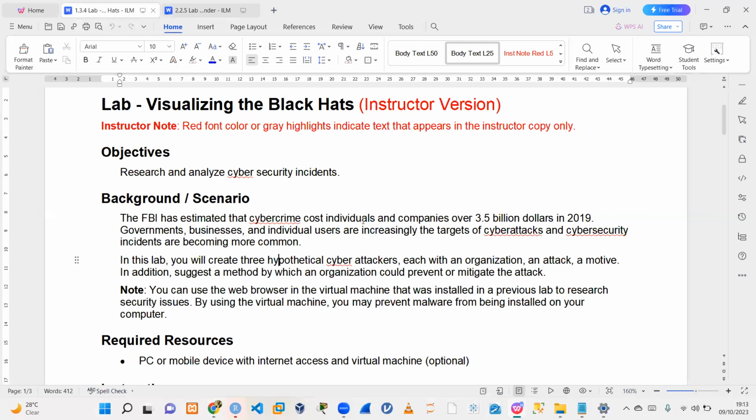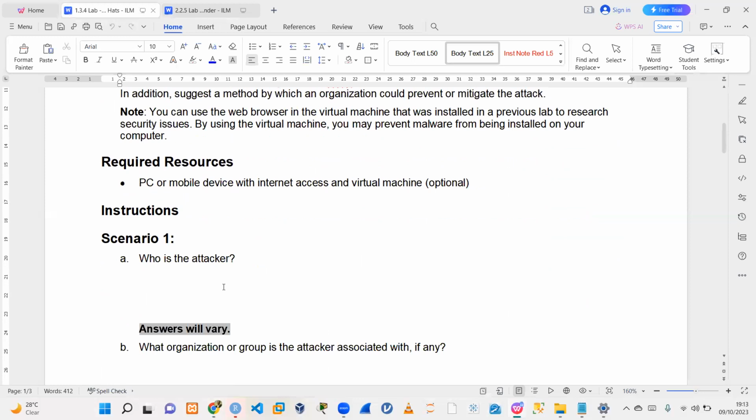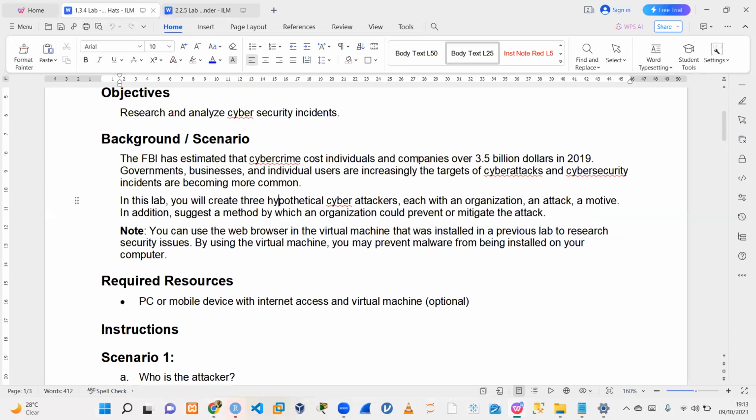What is the lab here? Cybercrime cost individuals and companies over $3.5 billion in 2019. In this lab, we create 3 hypothetical cyber attacks, each with an organization, an attack, and a motive. Are you seeing that? Yes. An attack and a motive. Without a motive,